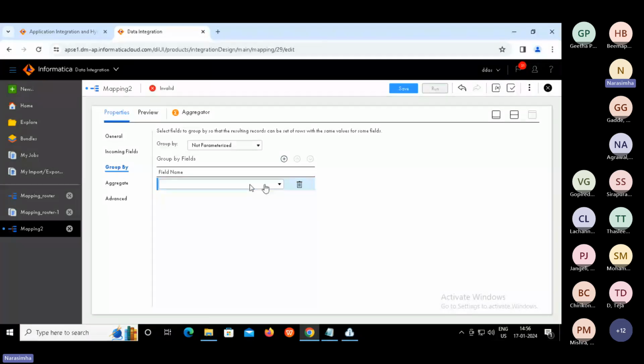Then from the drop down, please select C1.